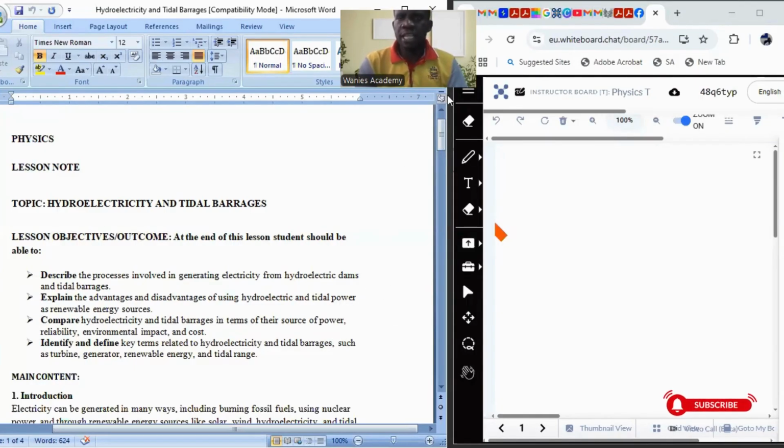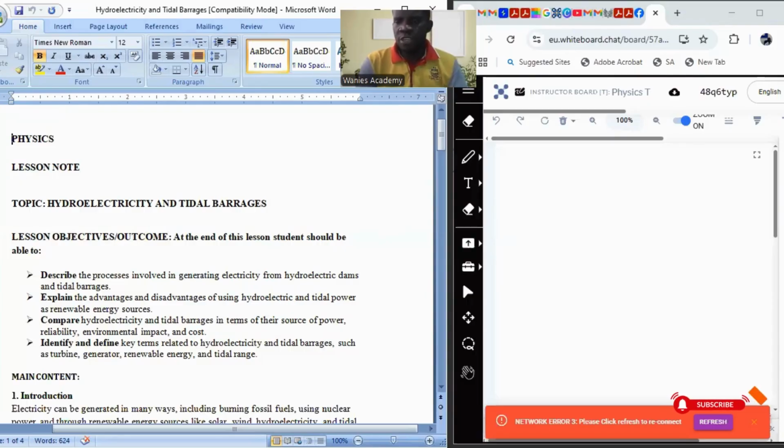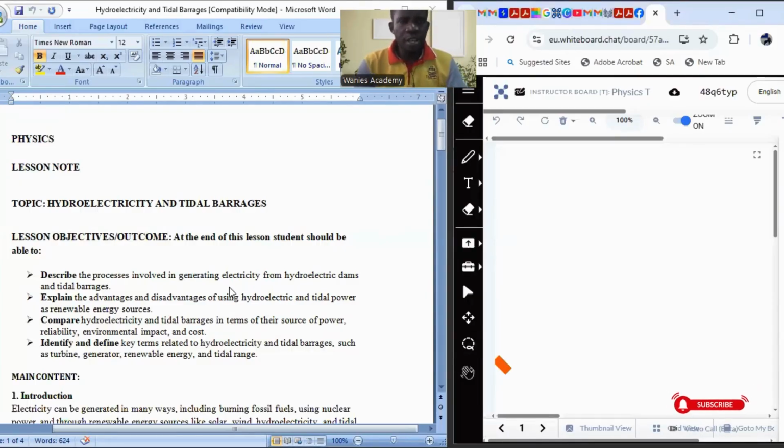Hydroelectricity and tidal barrages. Now, if you look at this topic critically, you'll discover that we have about 4 lesson objectives today that we are going to cover. Number 1, describe the processes involved in generating electricity from hydroelectric dam and tidal barrages. Then the second lesson objective is explain the advantages and disadvantages of using hydroelectric and tidal power as renewable energy